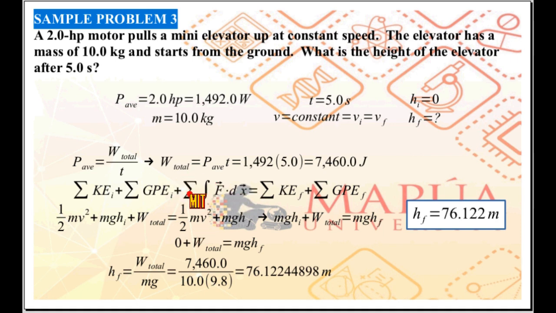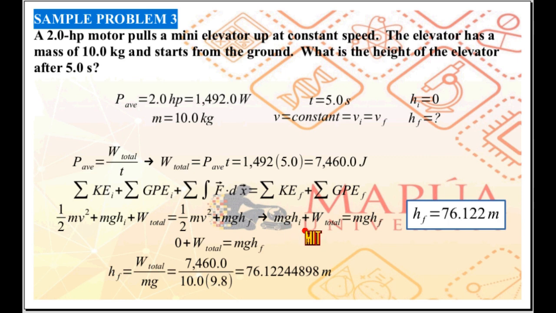And then the external work done by the motor, the total work W total. And then for the final case, we have final kinetic energy, 1/2 m v squared, and final gravitational potential energy, m g h final. We can cancel out the 1/2 m v squared, leaving us with